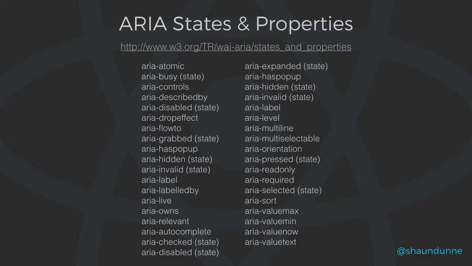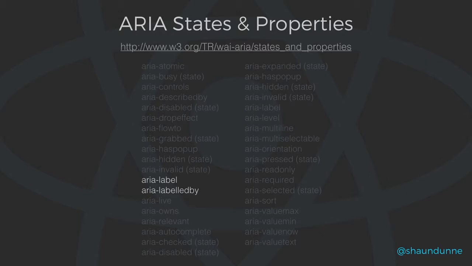And there are also ARIA states and properties. They kind of define the current state and condition of things. You can have properties like ARIA label and ARIA labelledby. ARIA label takes a string, which will be read aloud when the user focuses on it. ARIA labelledby is an ID reference, so if you want a form field or a form group to be labelled by the H2 that's above it, you just pass in the ID. These things generally don't change, the way I think about it is they don't change in the life cycle of your component.